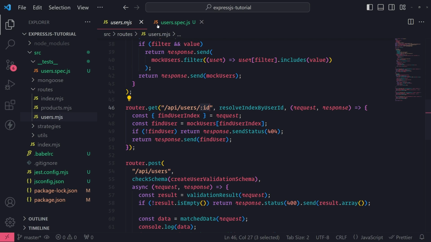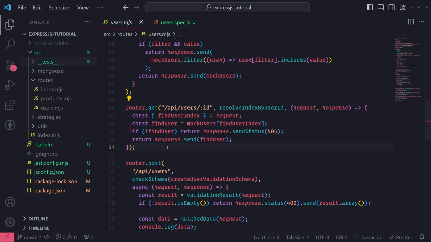So here's the next part though. We need to actually write a test for some of our functions. So for example, let's say I wanted to test this router.get /api/users/:id endpoint. So this is getting a user by ID. And this is actually one common confusion that many developers begin to have when it comes to writing tests. They look at this and they're like, well, how do I actually test this whole endpoint? Because there's so many things that are going on. Do I need to actually make an HTTP post request or GET request to the actual endpoint that I'm trying to test? So first of all, when it comes to unit testing, you want to actually test only a single